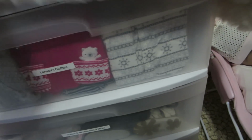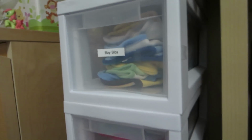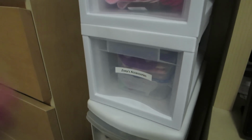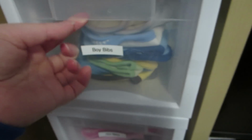And it's nice, I've labeled everything, so I know where I can find everything. And then I rearranged these storage drawers as well because I wanted it to flow more. Before it was scattered: burp cloths, Zoe's stuff, then girl bibs, and then something else, so the bibs were all scattered. I wanted to keep it together. So it goes burp cloths, which just looks like this, and then boy bibs, girl bibs,